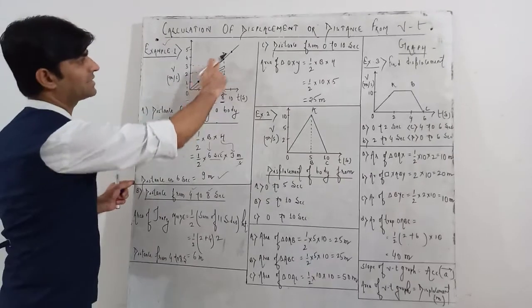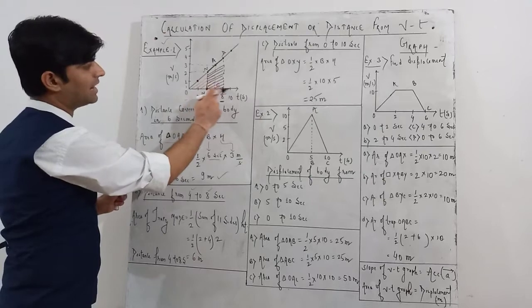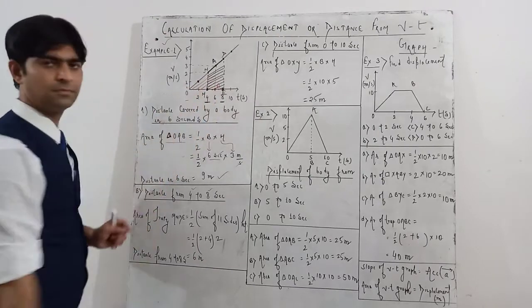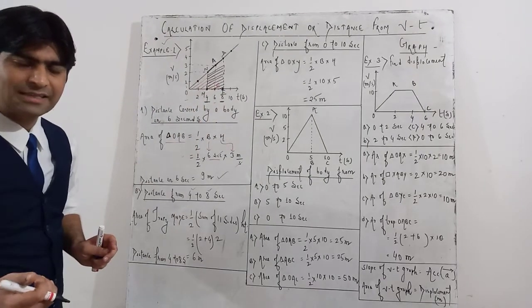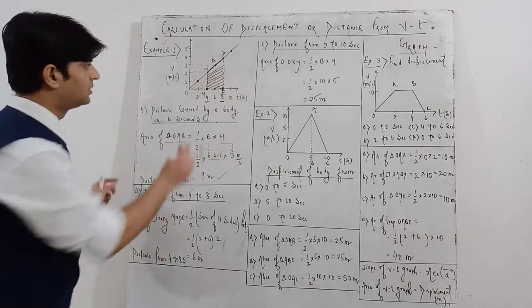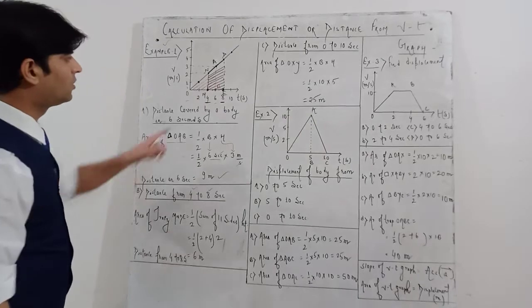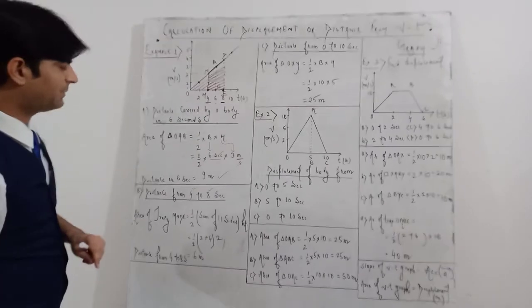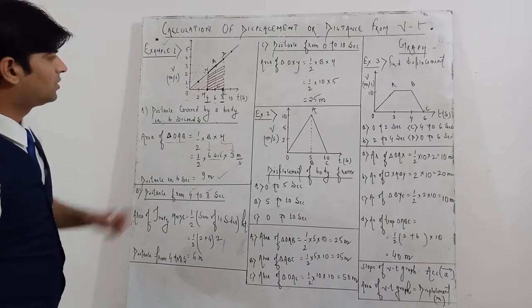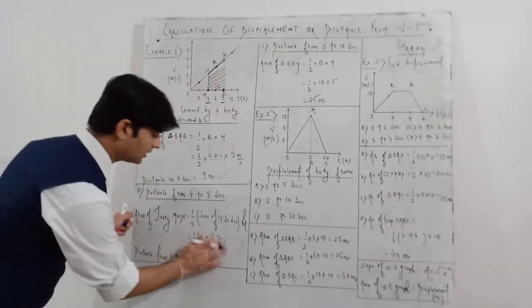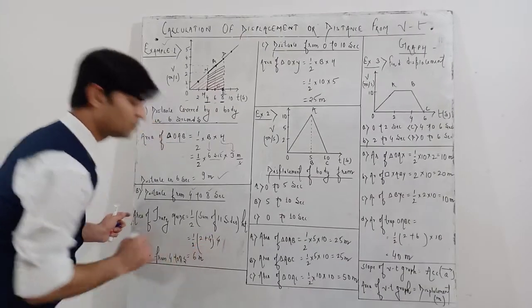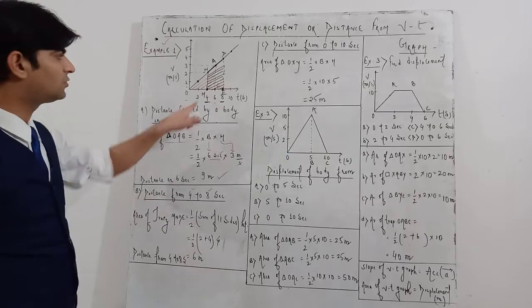This is the slanting side of the trapezium and this is the altitude or height of the trapezium. The opposite of the slanting side is the height or altitude. This is 4 to 8. Here I have written 2, but it will not be 2. It is 4. Height is 4 to 8.